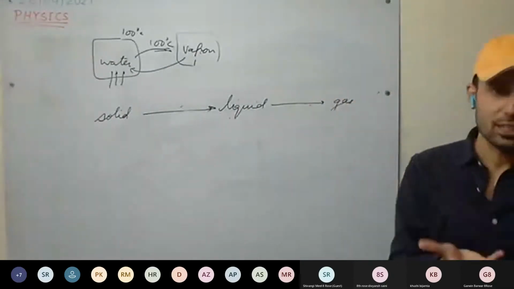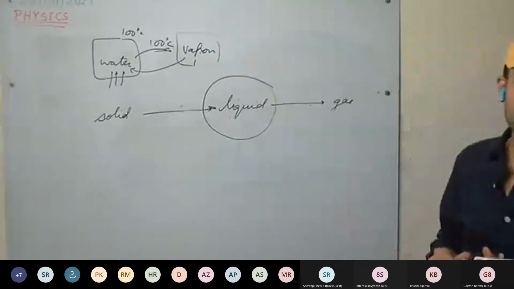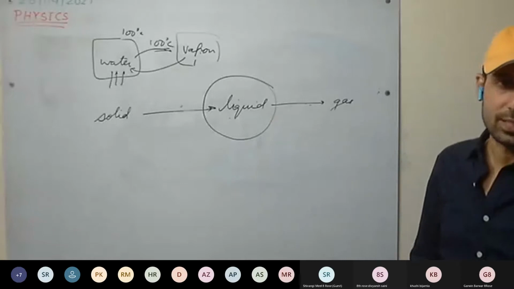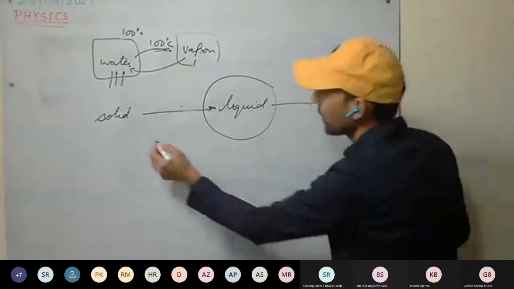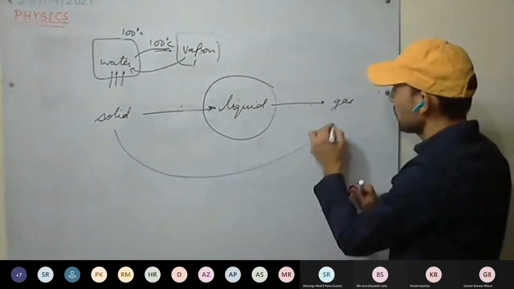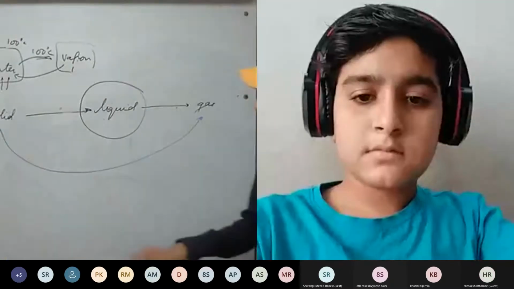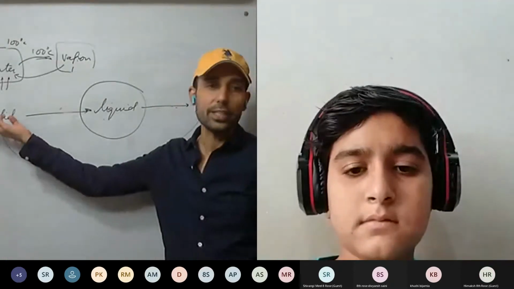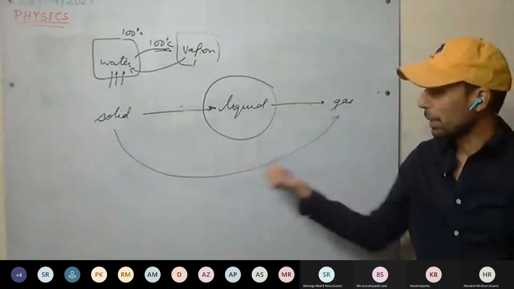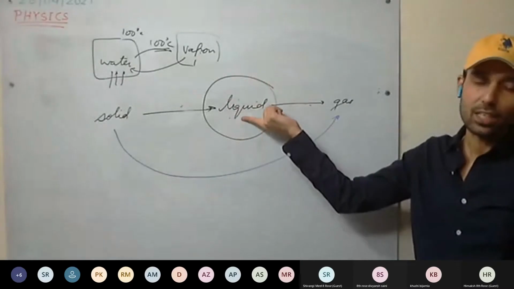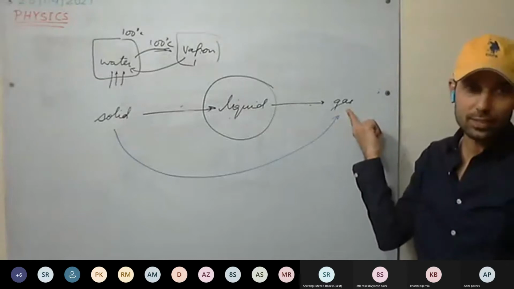But there are certain substances which bypass this state. That is, they do not get converted into liquid state. They bypass it. And how do they bypass? Like you bypass the city, from solid to gas. They directly convert from solid to gas. That is, some heat we provide, this solid gets converted into gaseous state. There is no liquid state. So it is called bypassing. What are we bypassing? The liquid state. Solid gets converted directly into gaseous state.